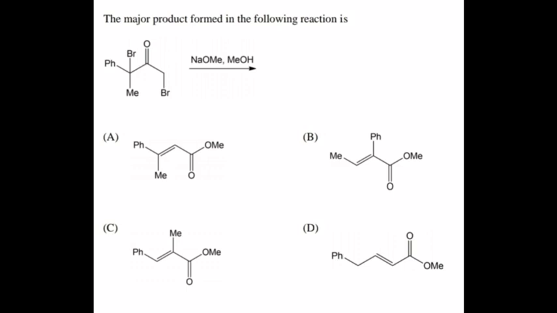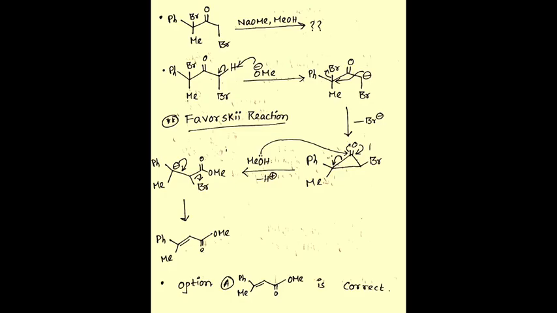Here the starting material is an alpha bromo ketone type of molecule. This alpha bromo ketone molecule is treated with sodium methoxide in the presence of methanol. What product do you get? Out of these 4 options, one option is your product. Okay. So if we just look into the